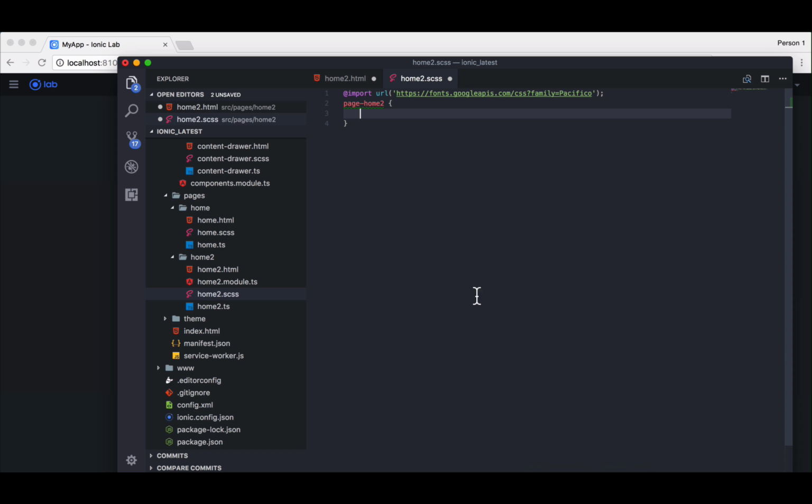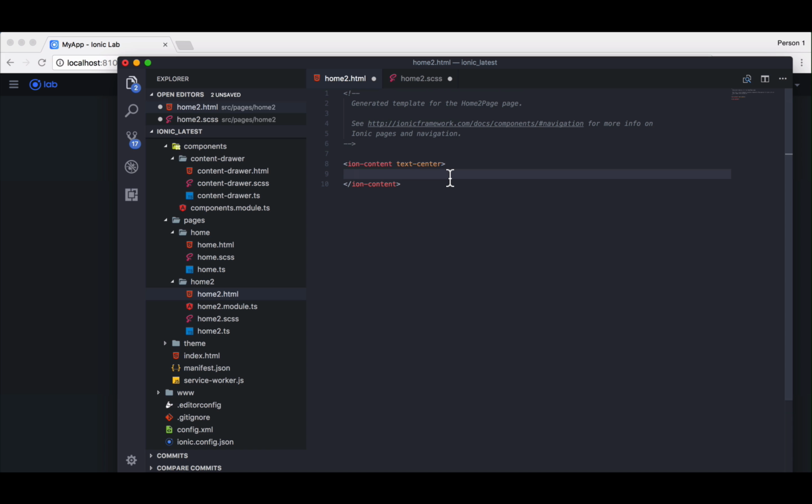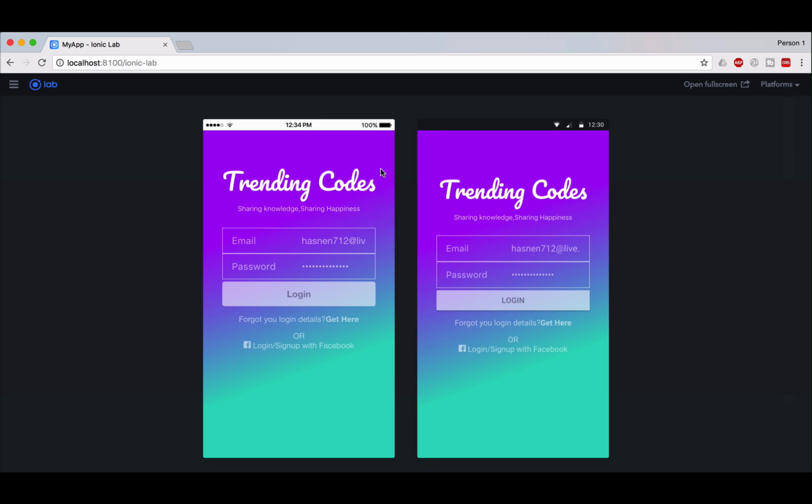First of all, we're gonna work with the home2.html file, and I have removed the header part because I'm going to create a login screen, and most apps don't have the header part on the login screen, and it will look more beautiful if we remove the header part right in the app. So first of all, we're gonna create some heading first, and inside that we'll be